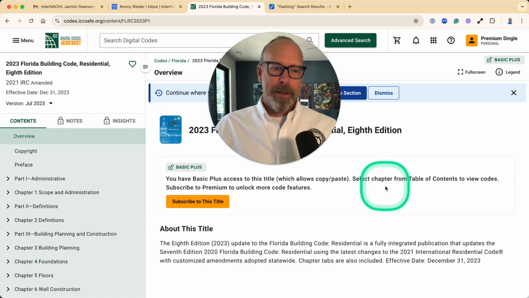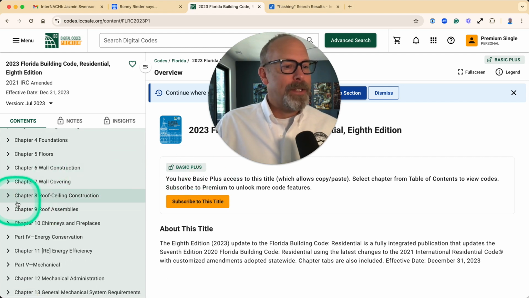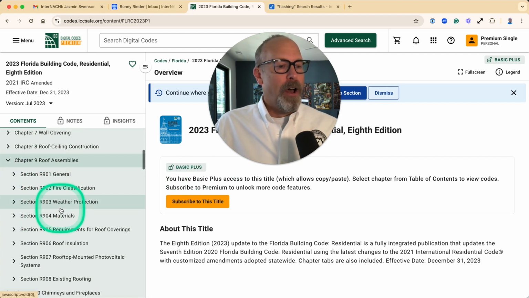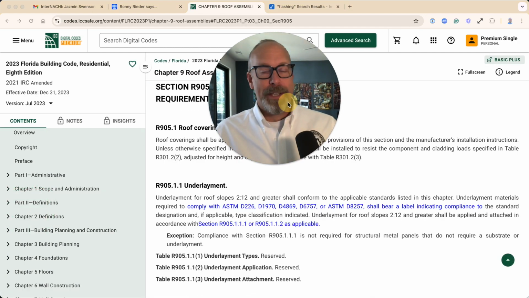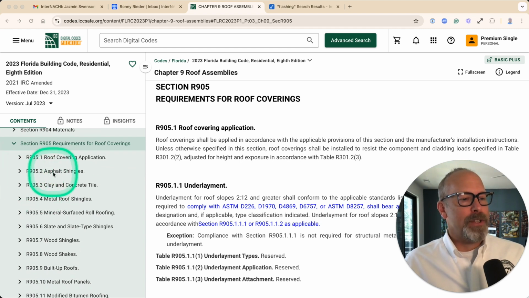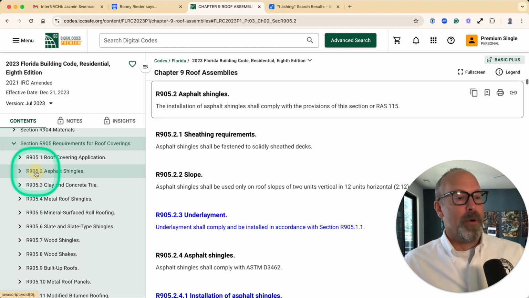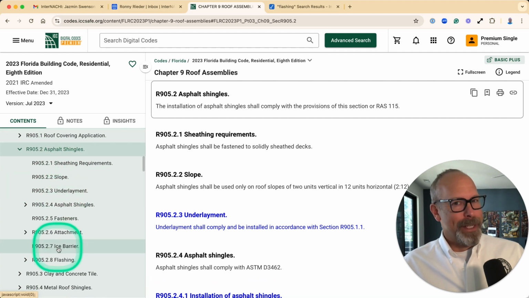They have a building, but this is residential. And let's go to section 905 for the requirements of roof coverings and see if we can find an answer. And it's 905, and then I scroll down to asphalt shingles, 905.2. And then it's 905, we're not done yet,